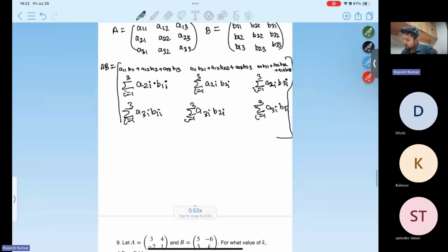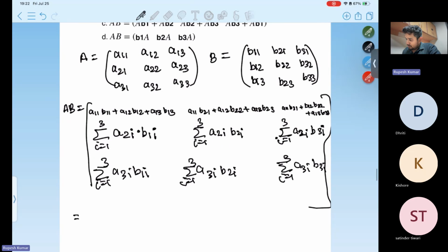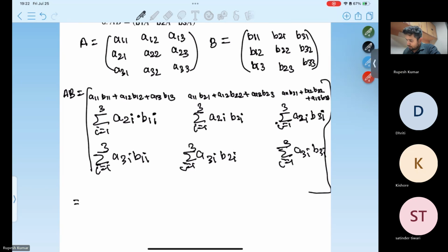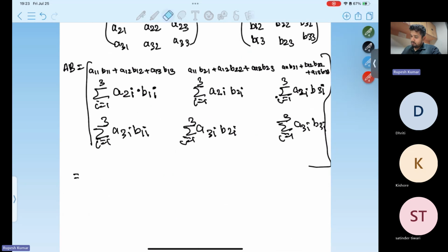So now let's look at this term. Let's try to figure out a solution. Factorization. Again, if you pay attention to the first column of this product, you can always write this as, how can we write this? Let's look at the matrix vector product AB1, right? So this vector is B1, this vector is B2, this vector is B3. So let's look into the following product to get to the answer, right?